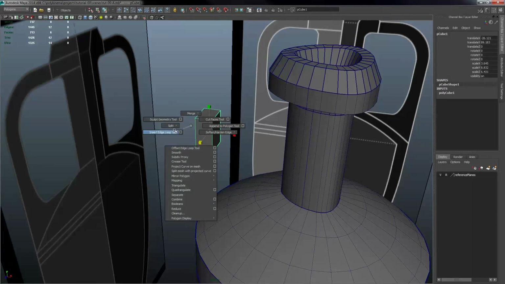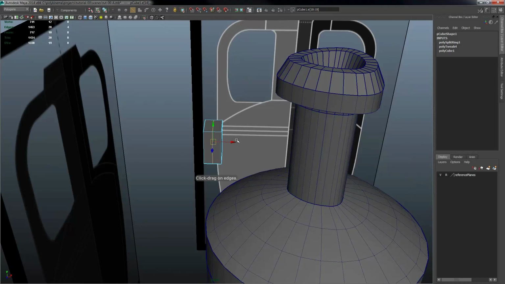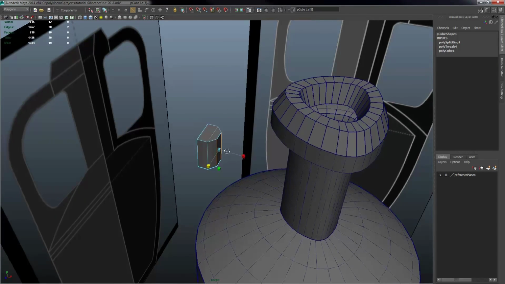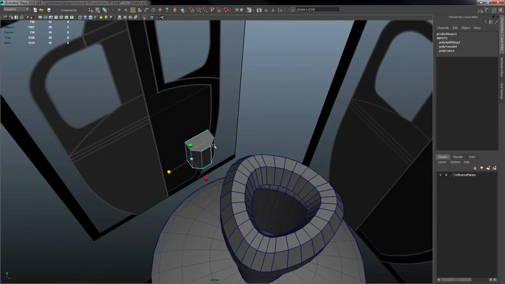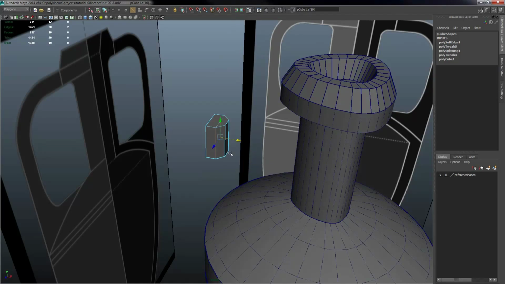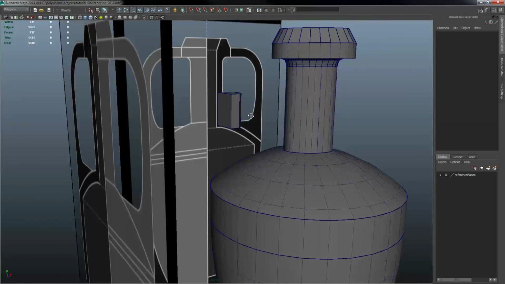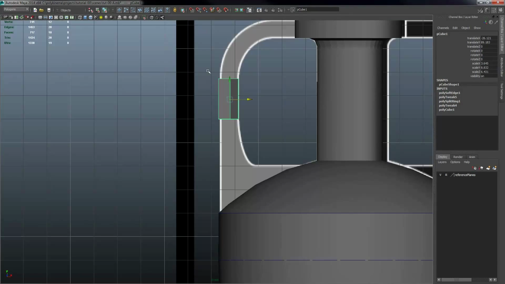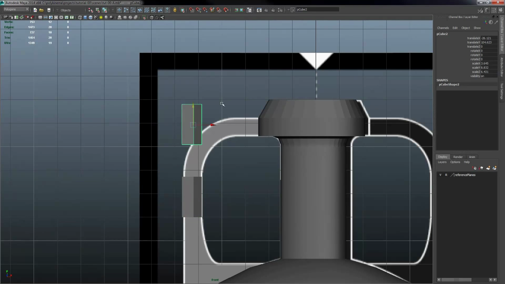Okay. And I'm going to add an edge loop around here so that I can make this inside edge taper in. I'll harden those edges so I can see where they are running. Okay, so now I want to duplicate that polygon shape, rotate it around, and line it up with the top. I think right here